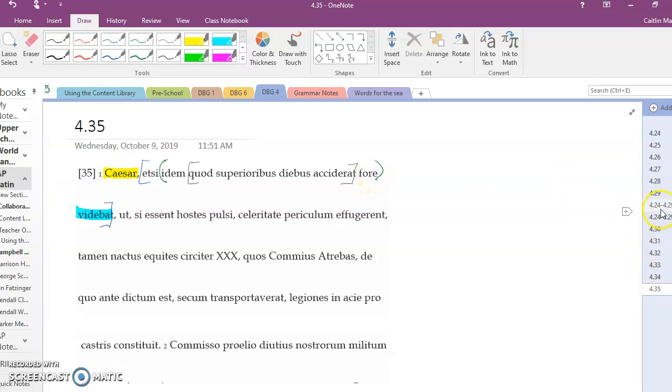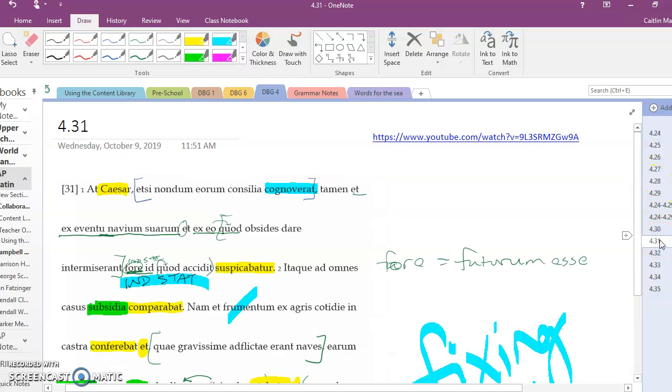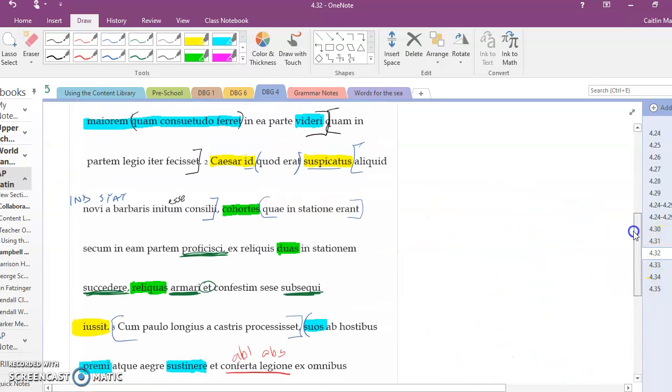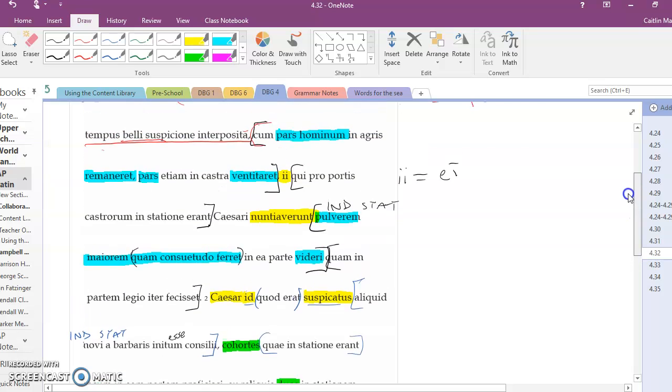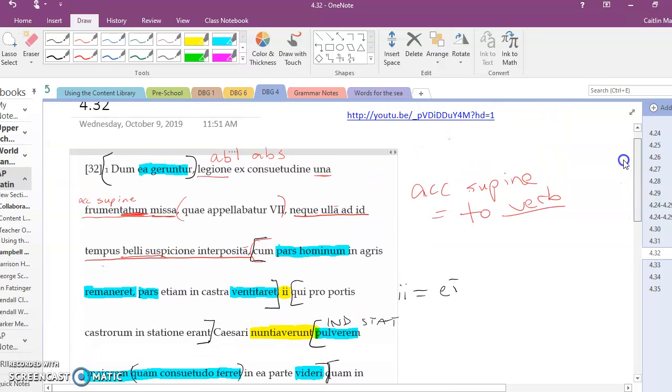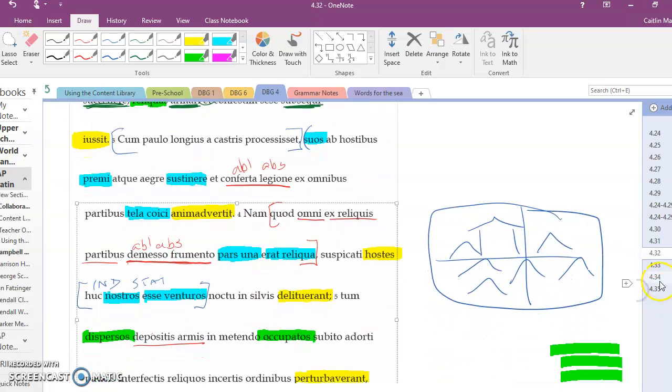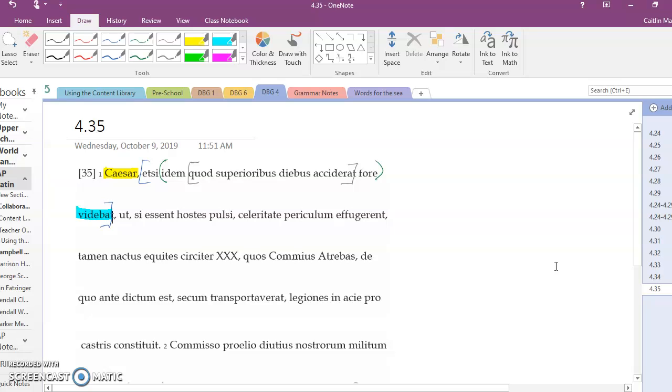And we just saw this recently. We saw that Caesar saw that the same thing had happened, would have. I don't remember which chapter it was. Or he knew that the thing which was going to happen would happen. Where was it? Well, it was somewhere. We talked about it. So, although he saw that the same thing which, blah, blah, blah, fore, futurum esse, would happen, although that,